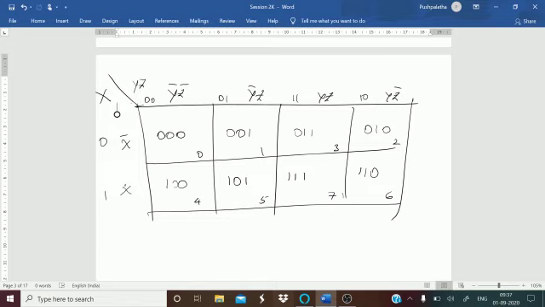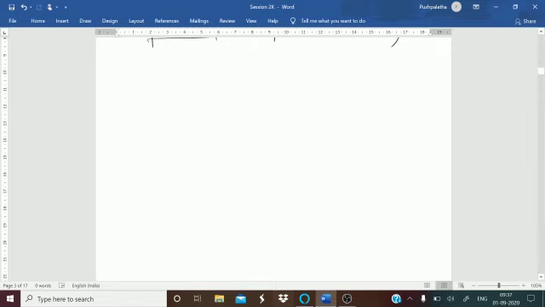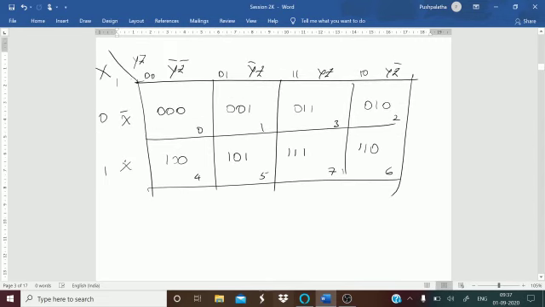In the same way, we have the 4 variable K-map also. So I think let us start the 4 variable K-map and also the rules in the next session, I feel, because we will not be able to finish in this 15-minute session.